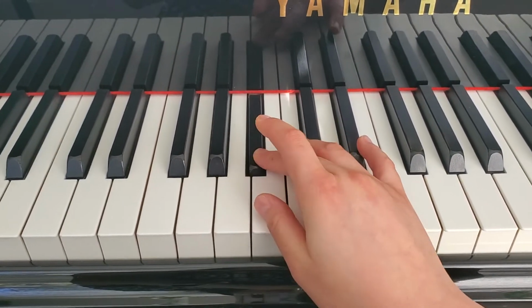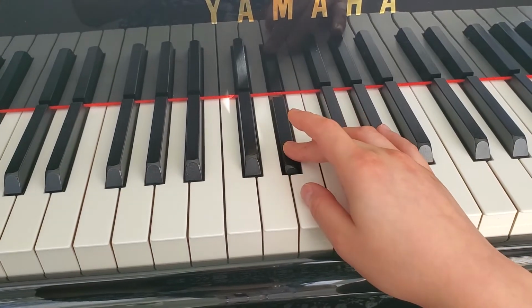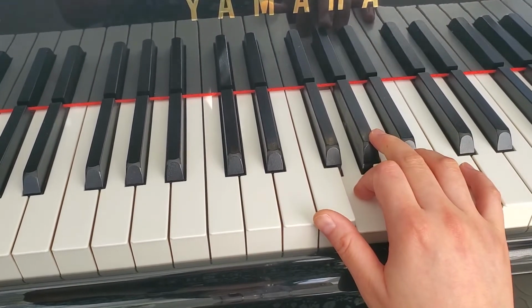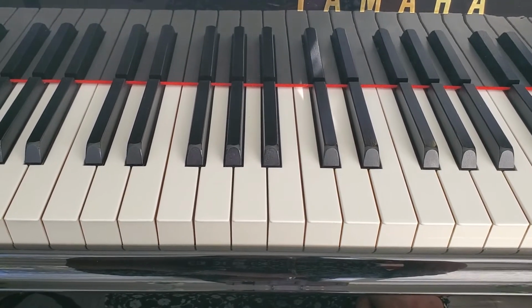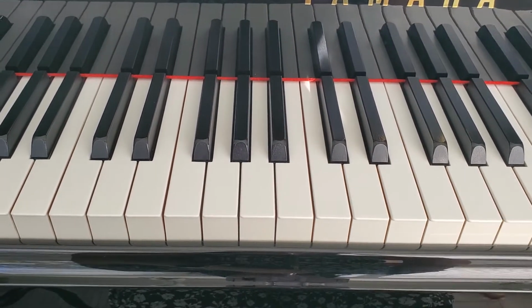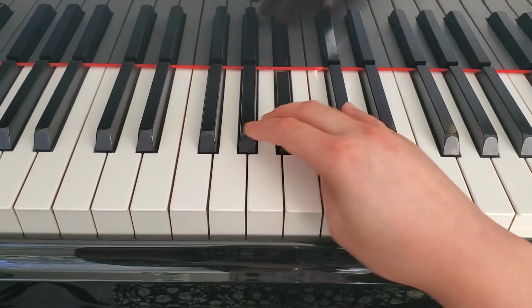G sharp, A sharp, B, C sharp, D sharp, E, F double sharp, and G sharp. That's if you read it. I do not like reading it. I would much rather do it based on A flat major. A flat major is comfortable. A flat major is easy. G sharp minor is very, very, very similar. So A flat major,